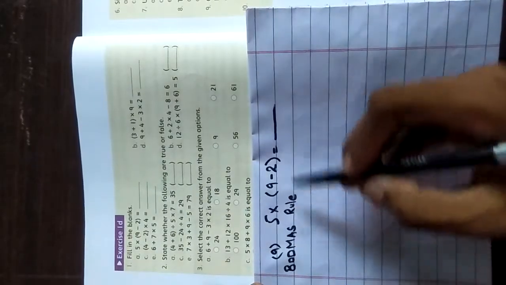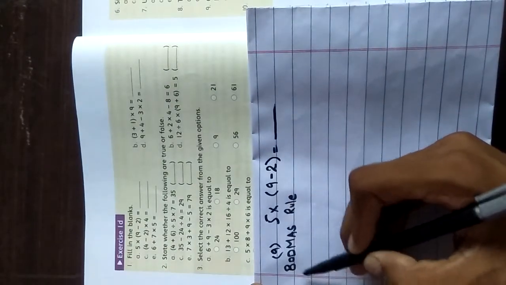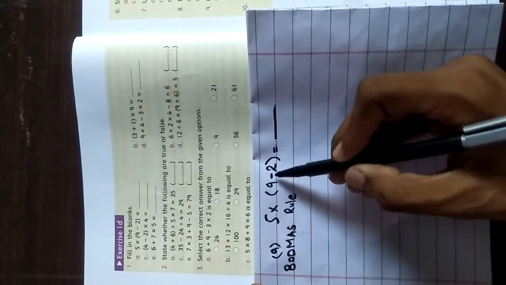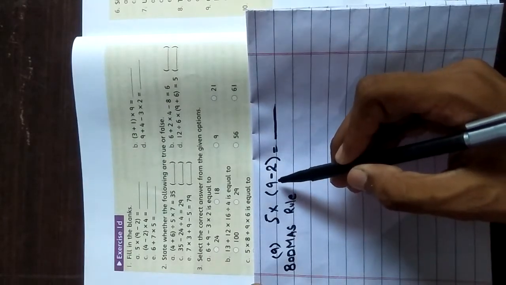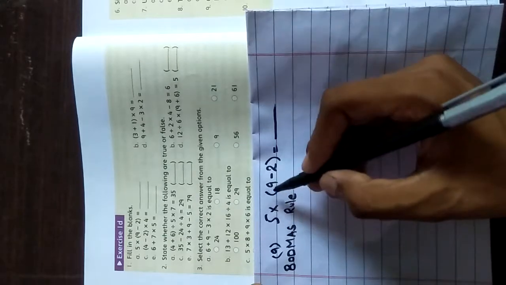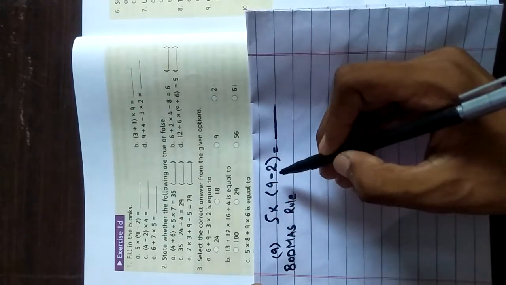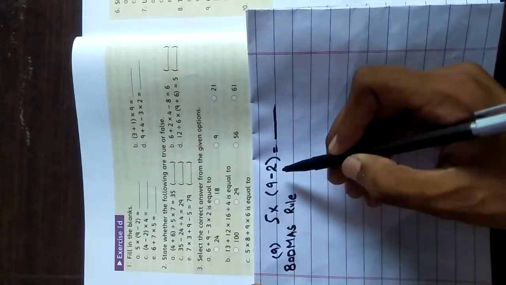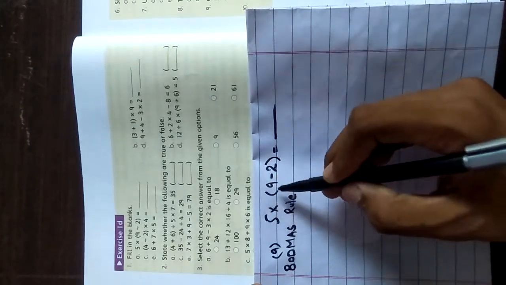Okay, so the BODMAS rule tells us first solve the brackets part, even though outside the bracket there is multiplication, division, or such types of operations, you have to solve the brackets part first. Here there is a multiplication sign outside, but inside there is subtraction, but you have to solve the bracket part first.